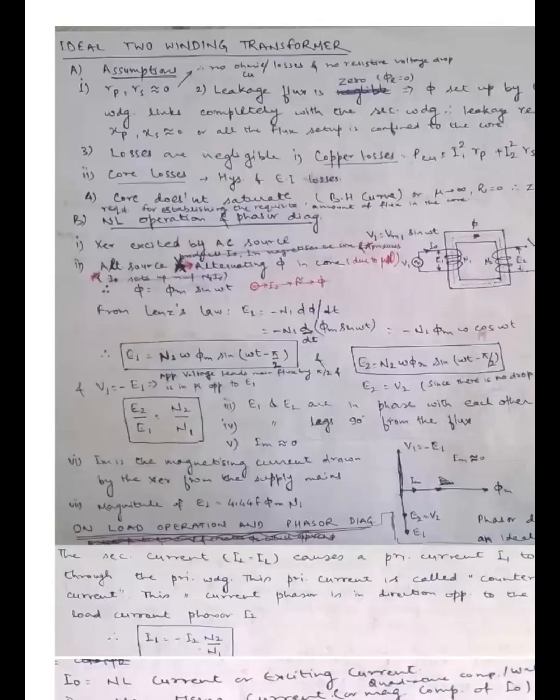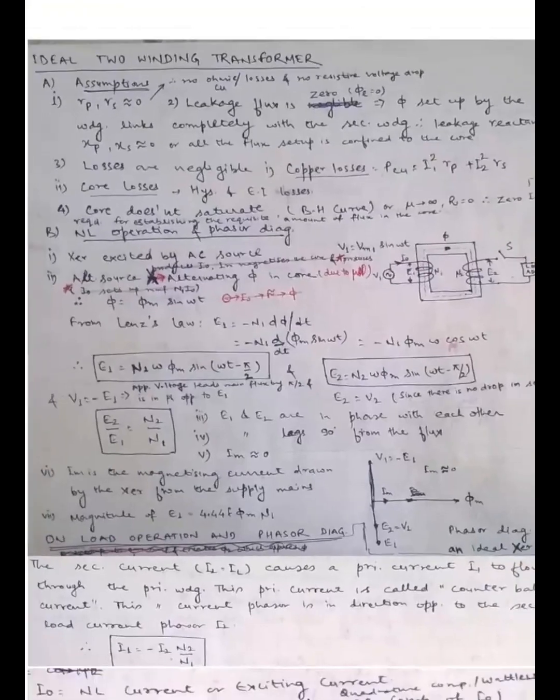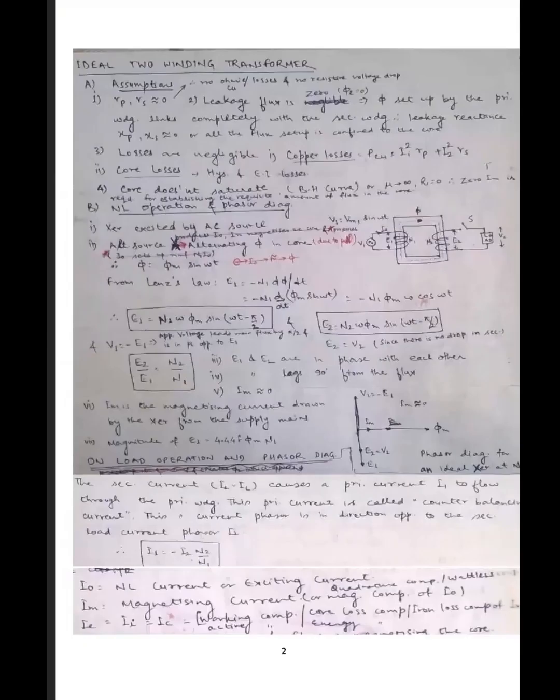ideal two winding transformer. The transformer is a static device and it has very good efficiency. The ideal transformer should be a lossless system, or it should have 100% efficiency,